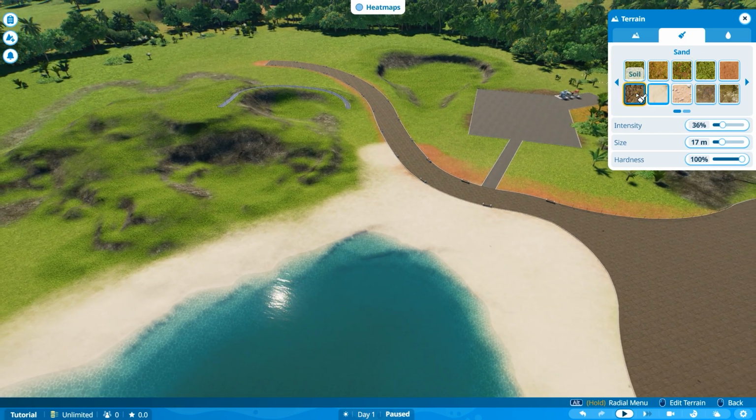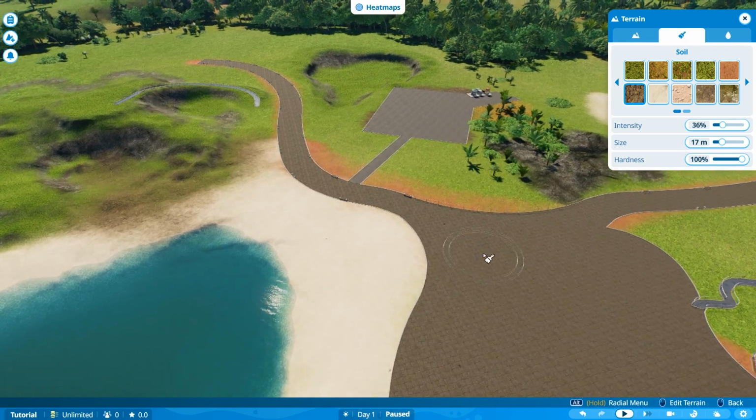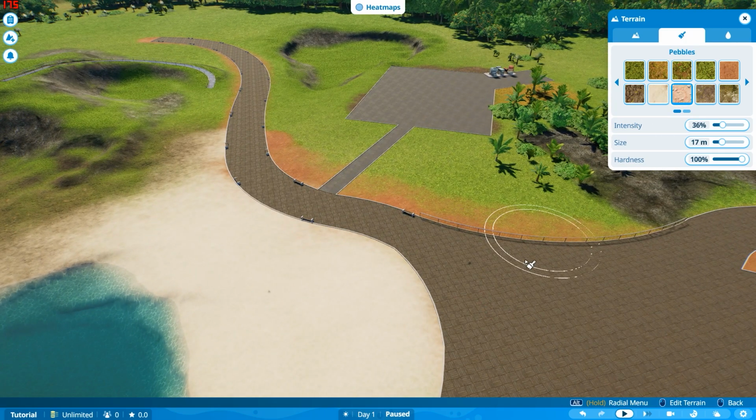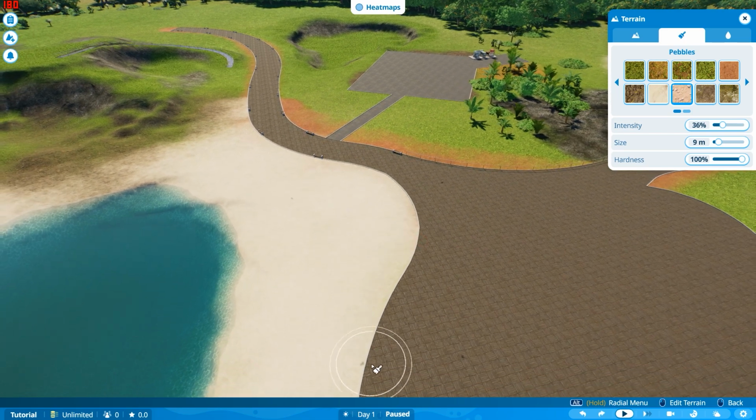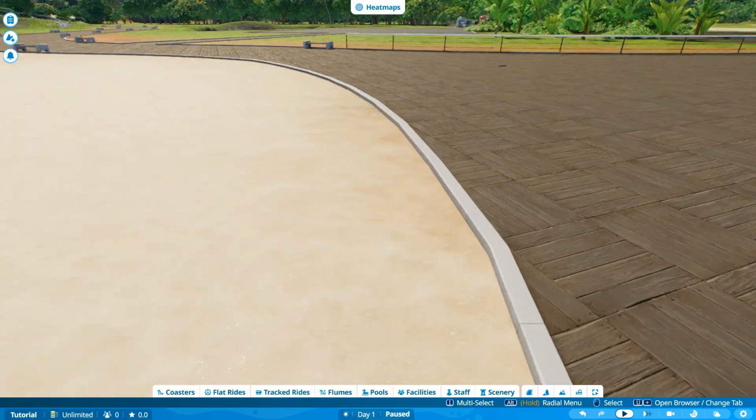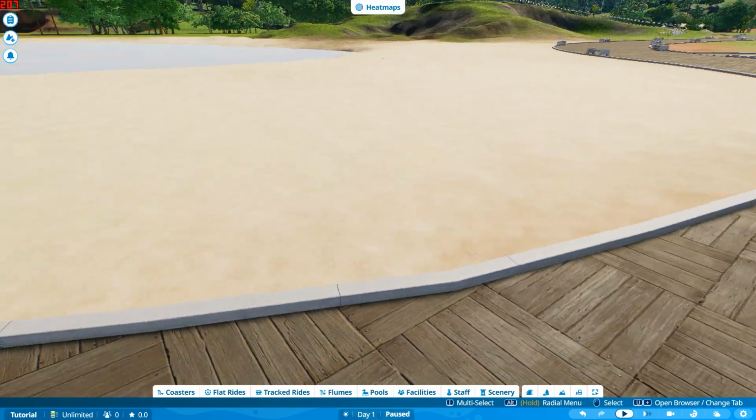And then have a bit of soil merge here as well, emerge from maybe this area where you can have some more soil in, almost into there where we will have the coaster go. And then this is pretty nice, and you could have a bit of pebbles here very close to the pathway, which would make sense. So just like that. And if we go a little closer now, you can see this is very nice. If a couple of pebbles go in here,